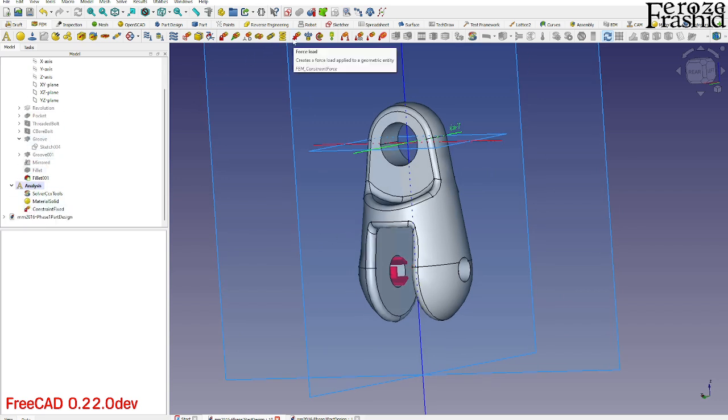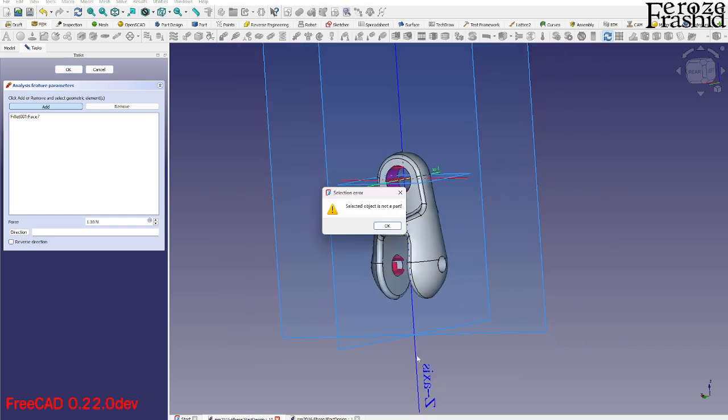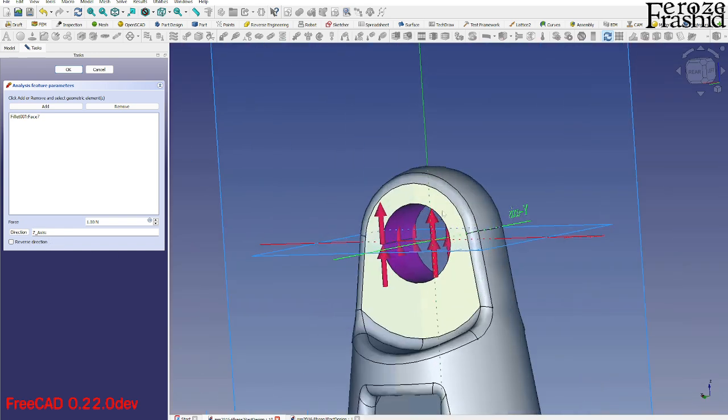Select load, add this face and select one of these edges. So z-axis, I selected it. Okay, let me take this add off, select this z-axis and say direction. I wish somewhere here in the direction, this standard 3 xyz options would be there, so I don't have to fetch it from somewhere else. But